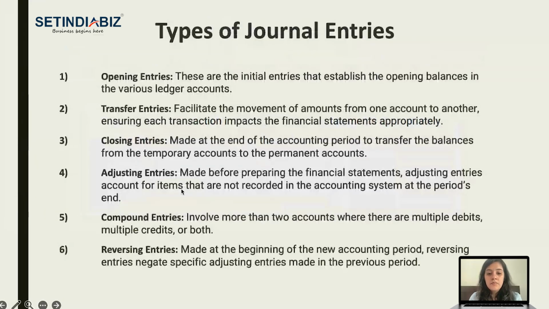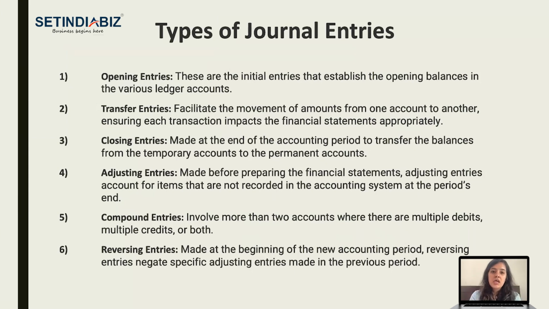Reversing entries are made at the beginning of the new accounting period. Reversing entries negate specific adjusting entries made in the previous period, right? So any entry that negates an entry done in the previous period is called a reversing entry. We are just reversing it. It will be made in the beginning of the accounting period. So whatever entries were made in the previous period, to negate the effect of that, we will make the reversing